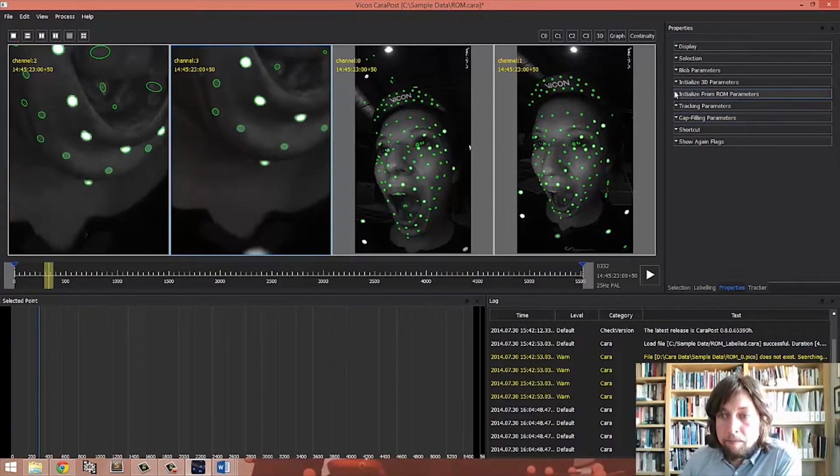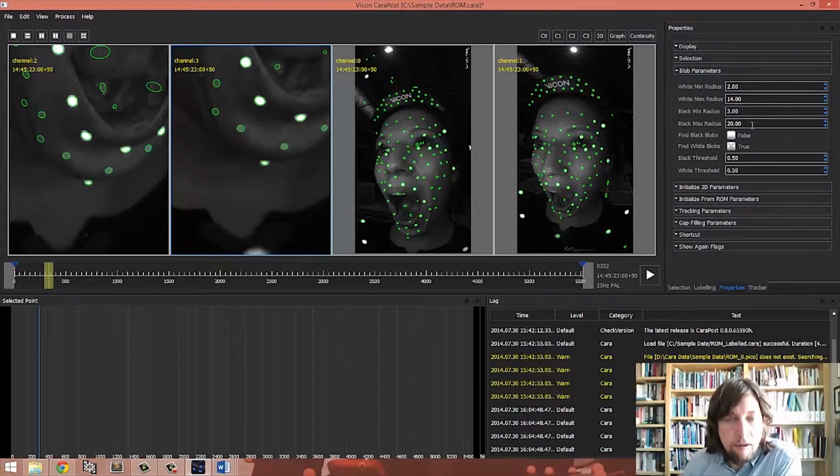But if we wanted to make any changes to the parameters of these blobs, we need to go over here to our properties pane and look at the blob parameters. So the first thing you'll notice with this data is that we're only capturing white blobs or white markers. And the benefit of using one or the other is there's actually a speed increase in processing the data, not to mention the fact that you're not getting any unwanted points within your data. So for these tutorial steps we're going to just look at white blobs, but you might